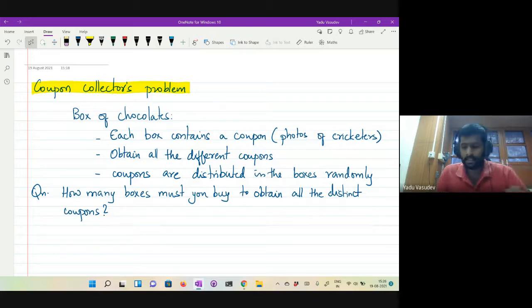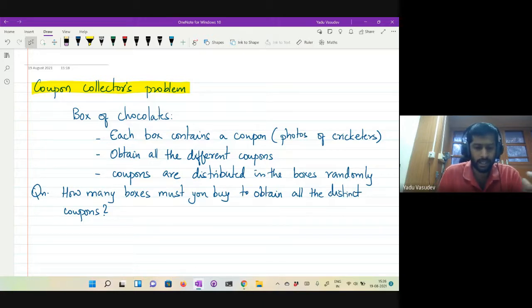So in the last lecture, we saw a few types of random variables. Specifically, we saw binomial random variables and geometric random variables. And as an application, we said we will look at this problem called the coupon collector's problem, and see how the random variable associated with this problem is a geometric random variable, and analyze this scenario, right?